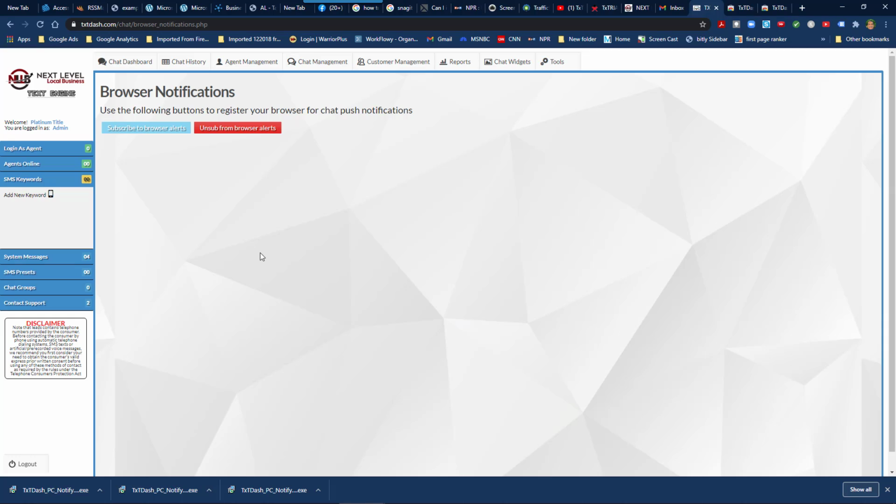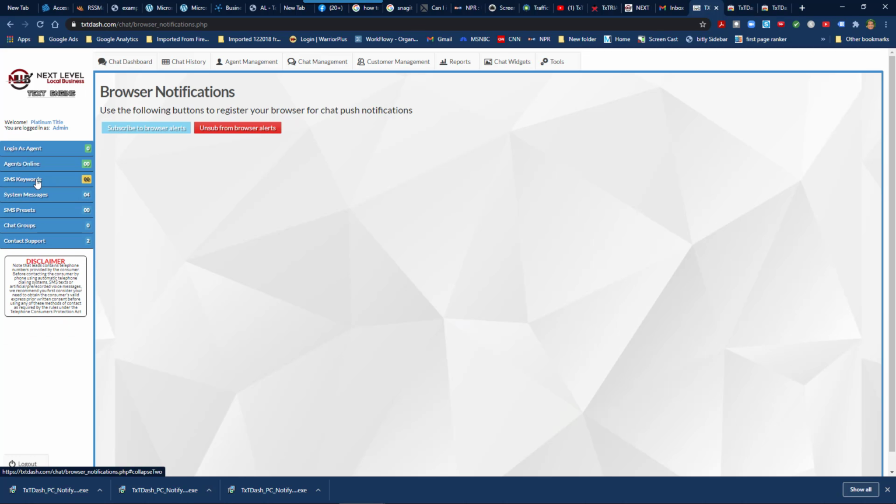You can set that up by adding that keyword, discount, here. Once that's done, you can also auto respond with a coupon to those people who send in their text. They also get added to your customer list, by the way, and they have basically opted in, so you're able to text them